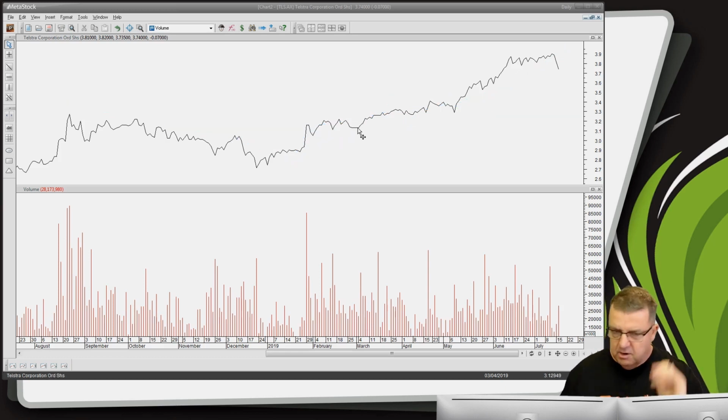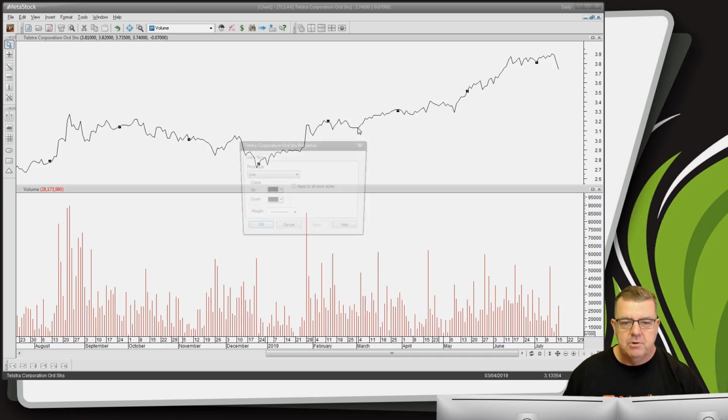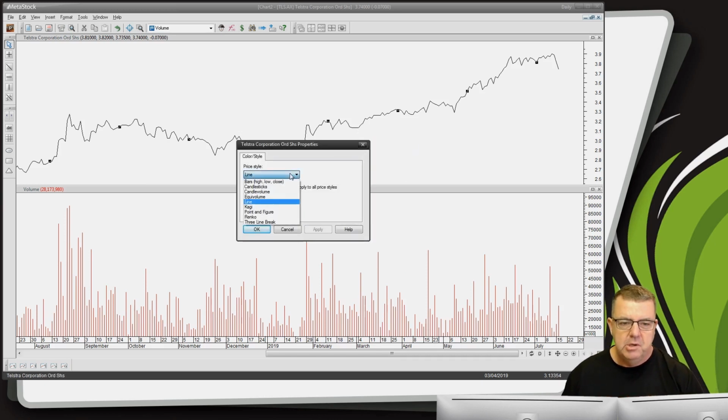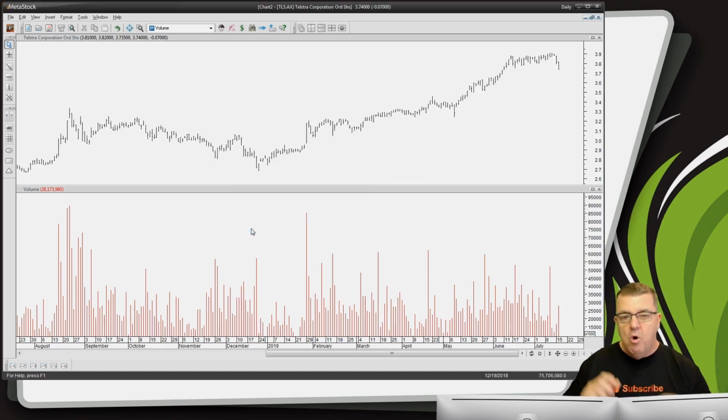So this chart here, of course, is our line chart, and that's the most simple of charts that we can use. But we want a little bit more information, and this is where we jump across. There's two main charts that we use as traders, and that is what they call the bar chart, which we'll bring up now, or even more utilized is the candlestick chart, which we'll have a look at in a second also. Okay, I'm just going to zoom in here a little bit